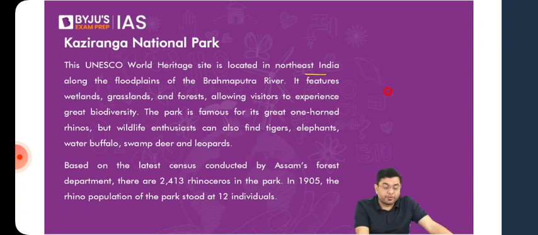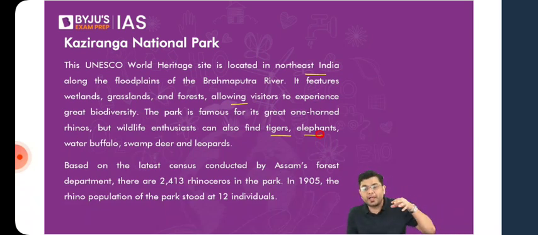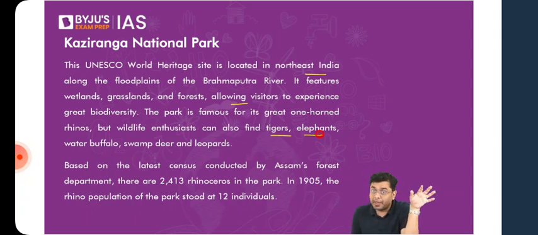Okay, so it features wetlands, grasslands, and forests, and that is where the biodiversity is significant. This is where you'll find tiger, elephant, leopard, swamp deer. Now rhinos in general, if you consider the range areas where the rhinos would traditionally be found across the country, not the present condition, but historically, they would be found across the entire Tarai belt. That is the northern part of Uttar Pradesh, some parts of Uttarakhand, northern Bihar, southern part of Nepal, northern West Bengal, and also Assam. In that entire stretch, the rhinos would very naturally be found.